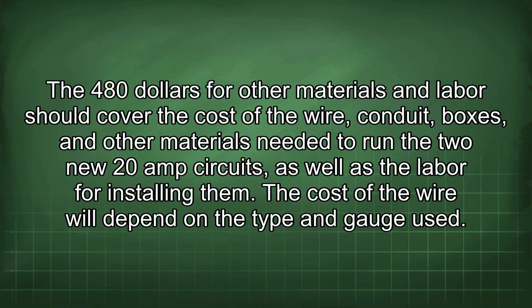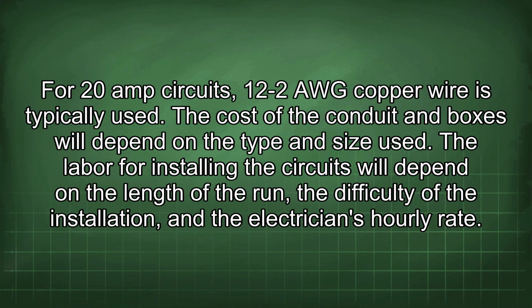The $480 for other materials and labor should cover the cost of the wire, conduit, boxes, and other materials needed to run the two new 20 amp circuits, as well as the labor for installing them. The cost of the wire will depend on the type and gauge used. For 20 amp circuits, 12 AWG copper wire is typically used. The cost of the conduit and boxes will depend on the type and size used. The labor for installing the circuits will depend on the length of the run, the difficulty of the installation, and